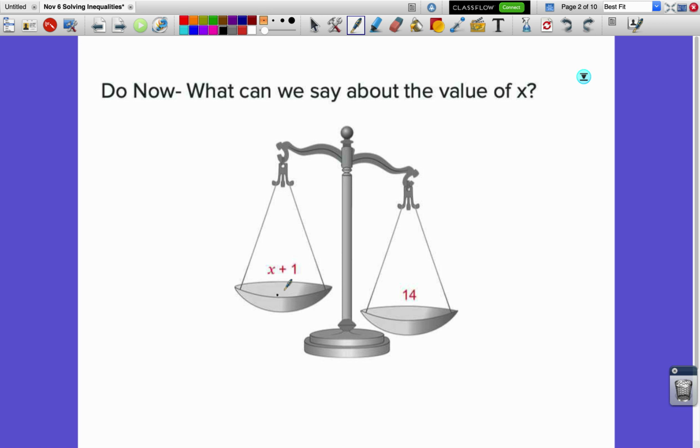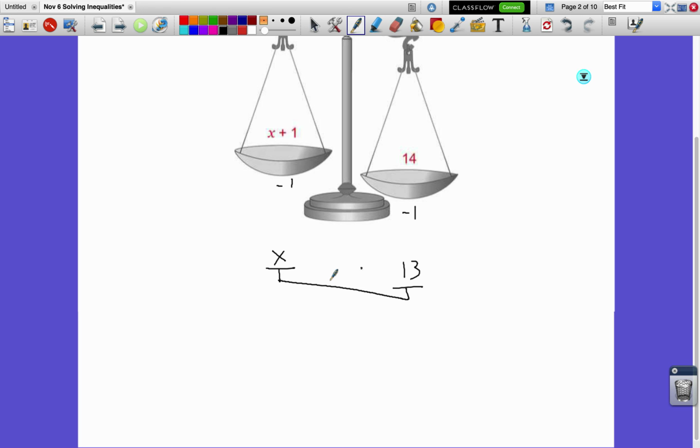And we can do that still using inverse operations. If I take 1 off of both sides, this side will be a 13, and this side will be just an x. So although I can't tell exactly what x is, I can say that x is lighter than